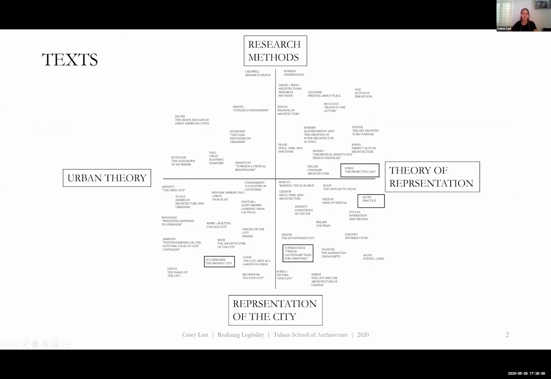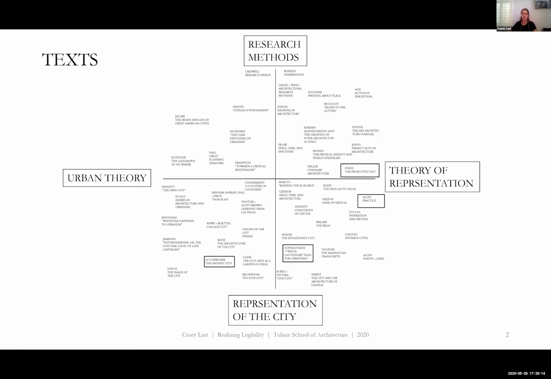The nebulous of research is inductive, centered around the topic of the city. This visual bibliography represents a matrix of 4 major categories: research methods, theories of representation, urban theories, and representations of the city. Where Robin Evans and Stan Allen explain the nuances and implications of visual communication, the fictions of Superstudio and the manifestos of Le Corbusier and Koolhaas mobilize those concepts.